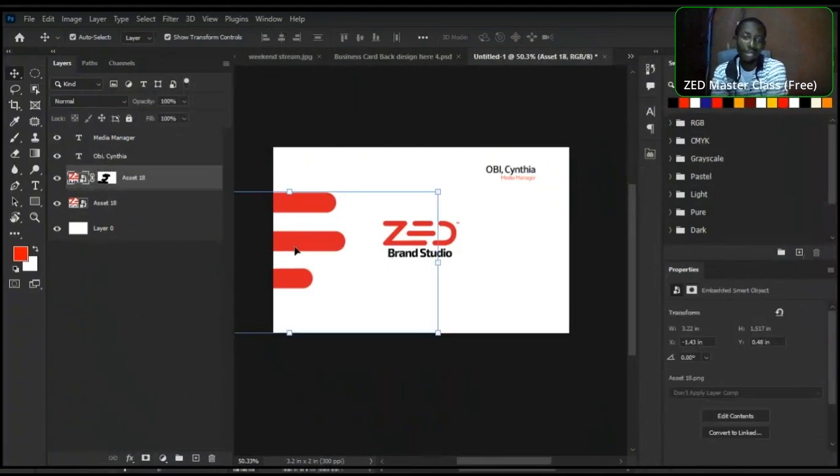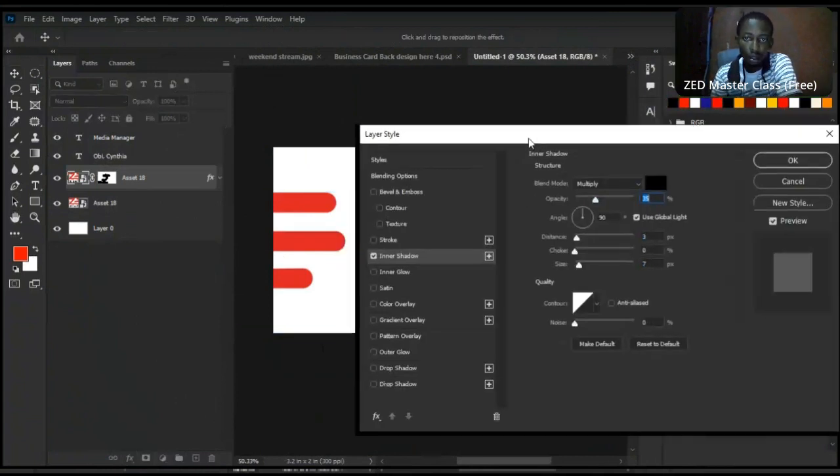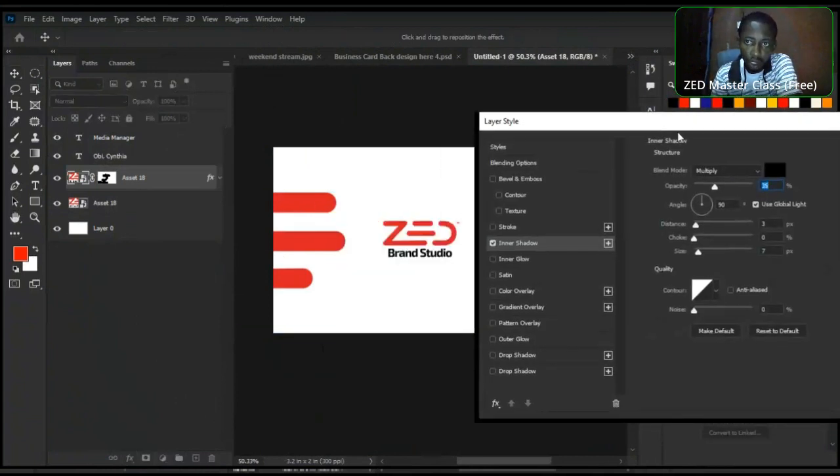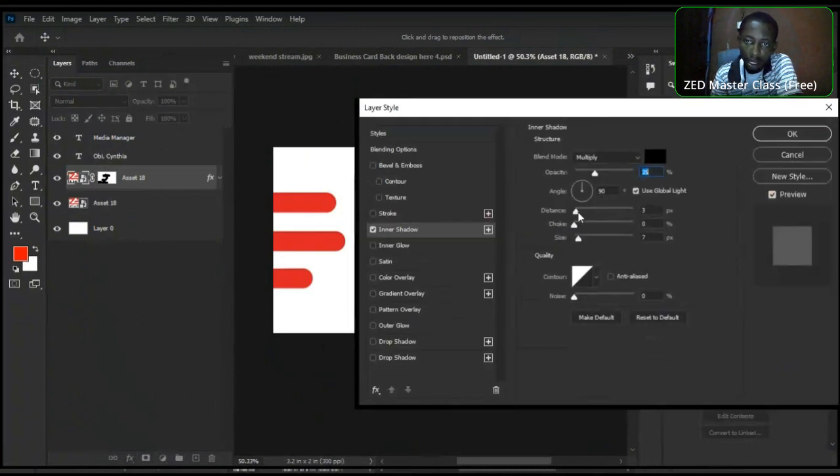Okay, let me make this a little bit, let it not look too plain. So I will add an inner shadow. That's it, from the effects menu, inner shadow. So you just watch what happens here while I edit this. The distance, I want to increase the distance. I'm increasing it, just using the scroll wheel button on the mouse, and you are noticing what is happening. So it's looking like